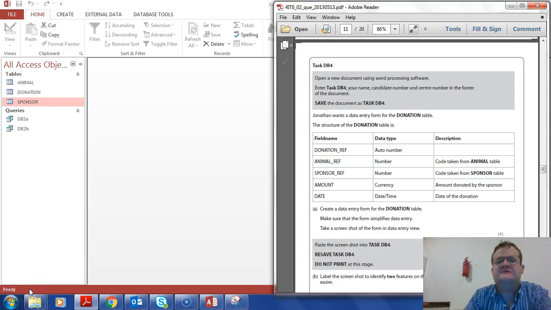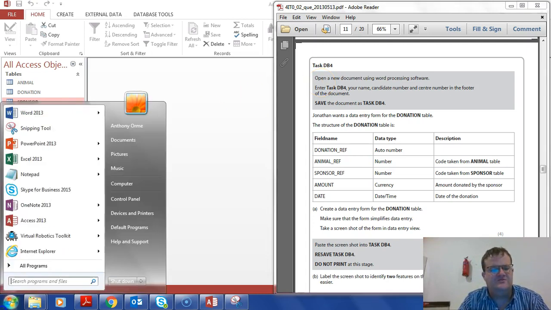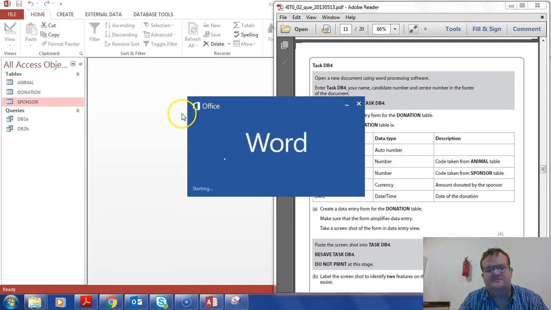Hi, welcome back, and you join us as we start task DB4, and in the grey area it's telling me to open a new word processing document. Once again, we need to create a new evidence document,